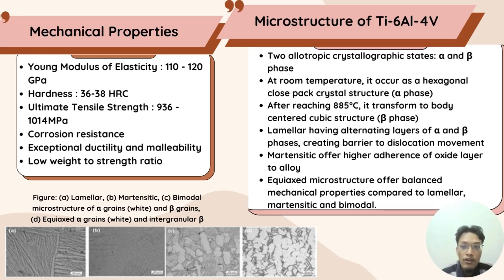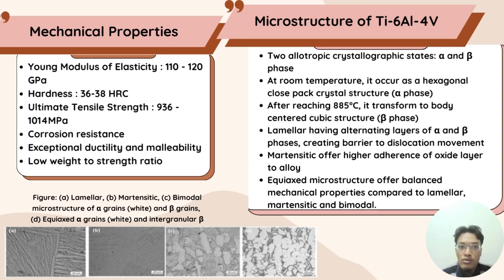So the microstructure of titanium alloy sheets Al4V consists of two allotropic crystallographic states, which are alpha phase and beta phase. At room temperature, it occurs as alpha phase, which is a hexagonal close-packed crystal structure. It transforms into the beta phase, a body-centered cubic structure, at around 885 degrees Celsius. Lamellar microstructure has alternating layers of alpha and beta phase, creating a barrier to dislocation movement which allows it to have